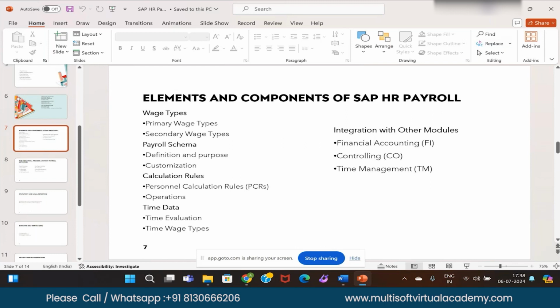For that, certain operations have been defined by SAP only. In the background, SAP reads all that data, stores the data in particular tables, and then processes the payroll, and then transfers it to the subsequent bank accounts as per the instructions we have given. Up to this, understood?